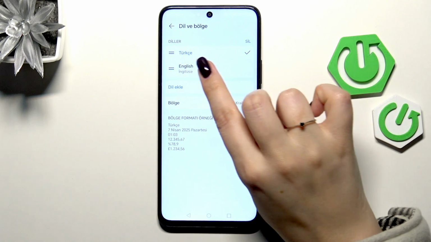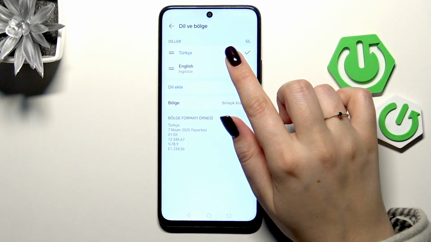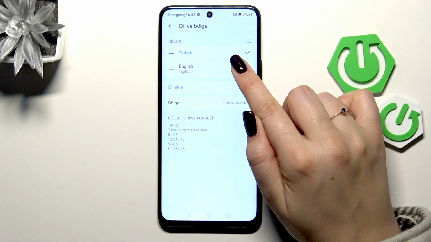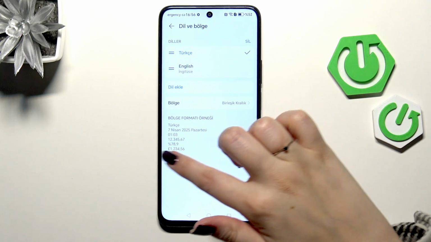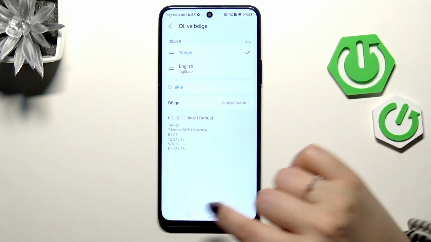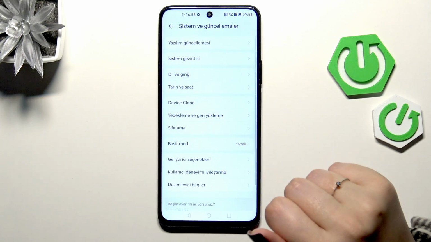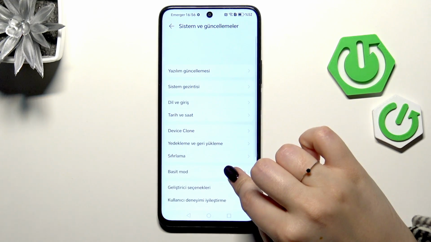Alright, as you can see, the Turkish language, in my case, simply appeared at the top of the list, and from now on the whole system will be displayed in the chosen language. Let me go back and check, and as you can see, we've got everything, and